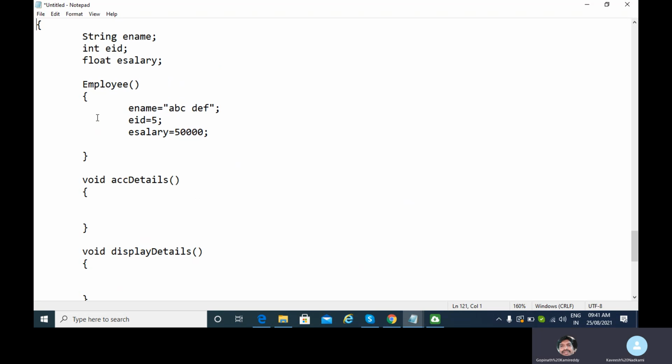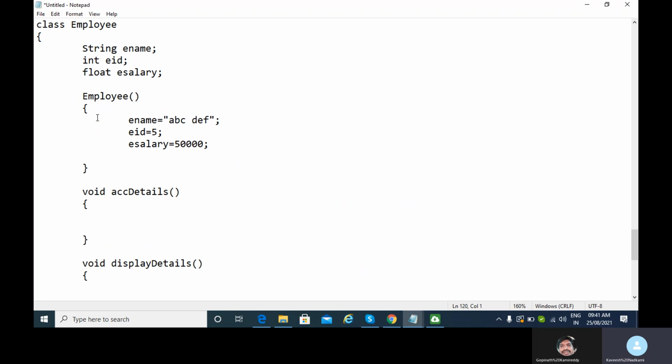So always remember, whenever I define a constructor explicitly for the class, then the Java compiler will never create its default constructor for the class, Gopinath. Yes. So that is the rule.